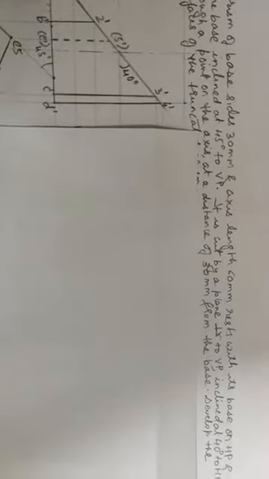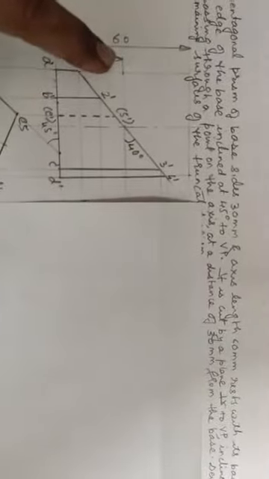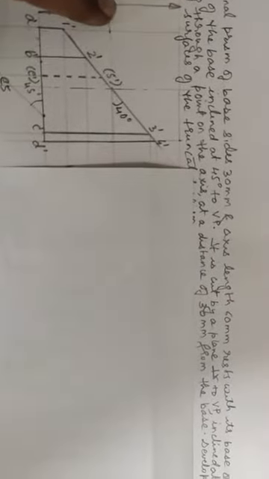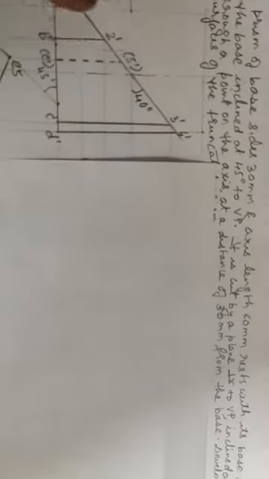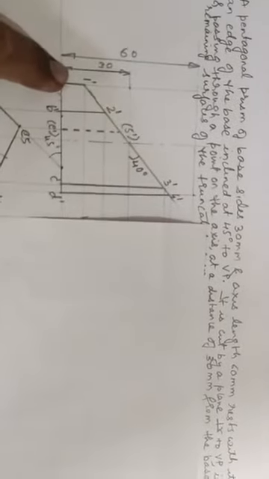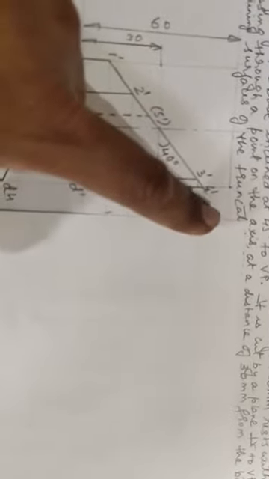So you measure a distance of 30 mm from the base. Okay, project it on the axis. So on the axis you measure a 40 degree angle and draw a line. So what you have done now, the cutting plane which is perpendicular to VP passes through a point at 30 mm from the base on the axis, okay, and it is at an angle of 40 degrees.